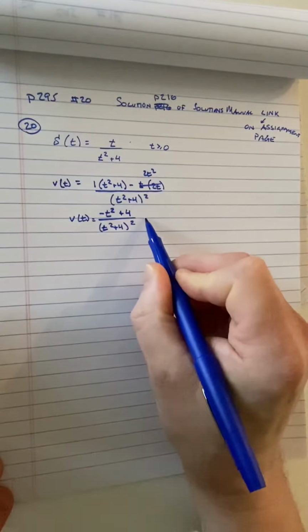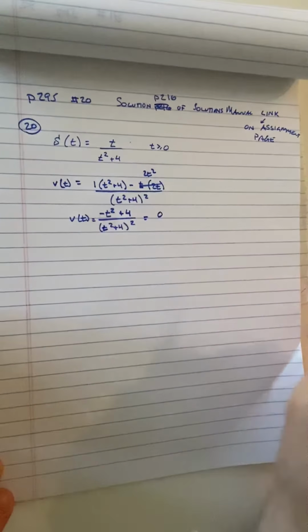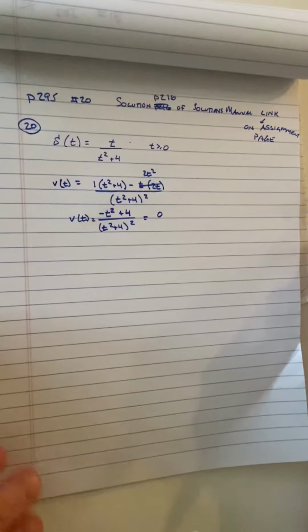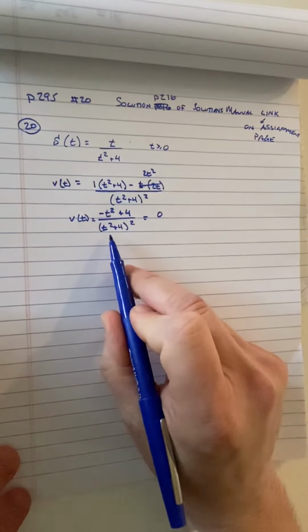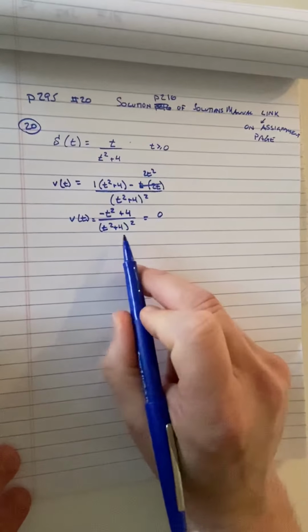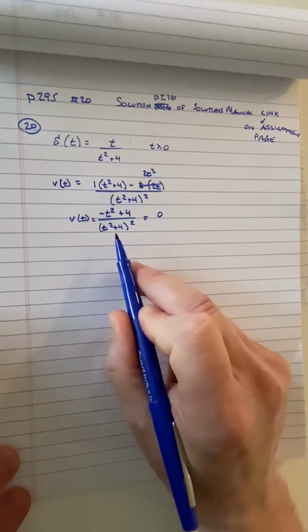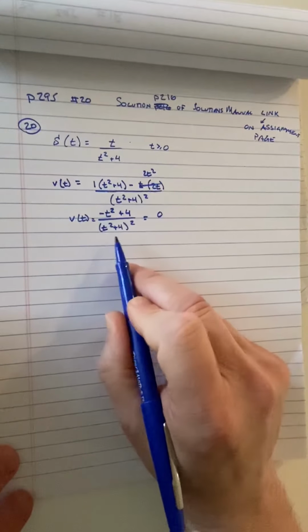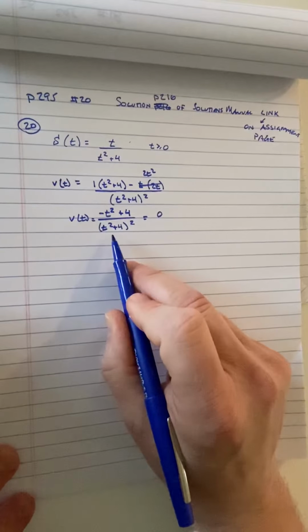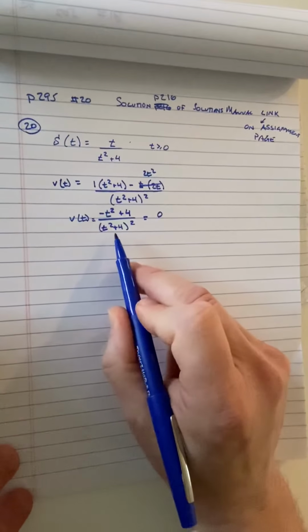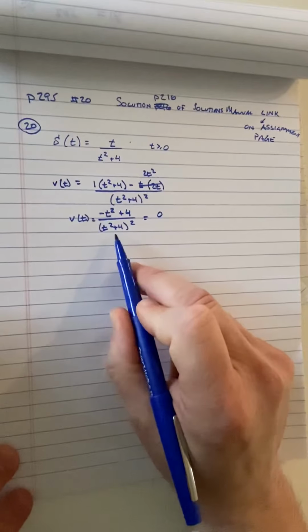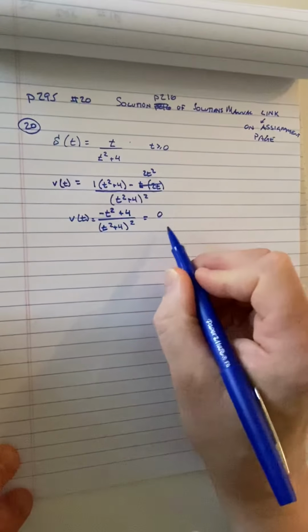Later on, we're going to have to find out where the particle is stopped, so we're going to set that equal to 0. Luckily for us, the denominator will never be 0. Those would be points of non-differentiability. We would put them on the slope of the tangent line testing number line, but there are none. Cross multiply and get,